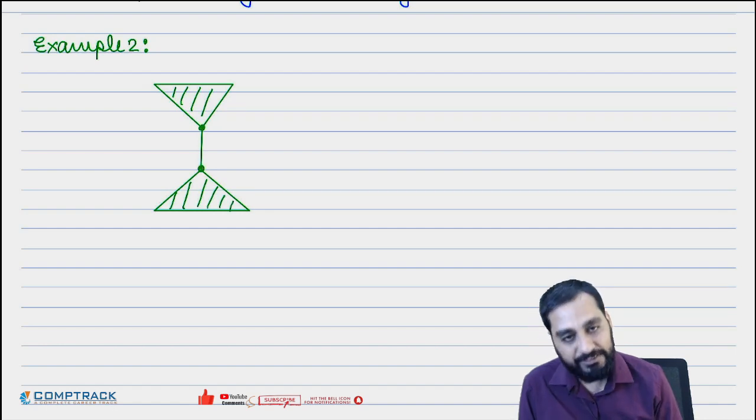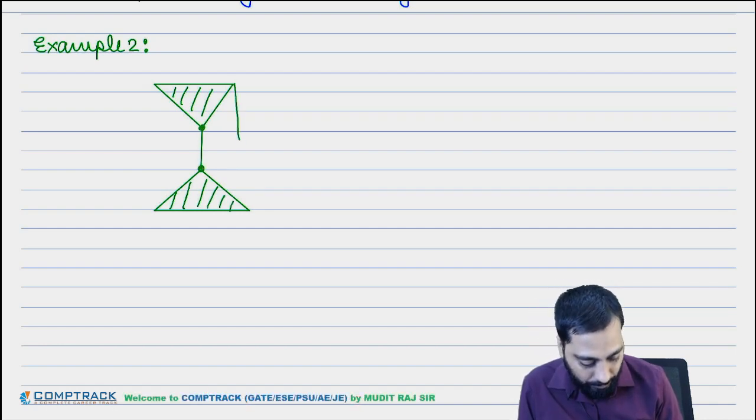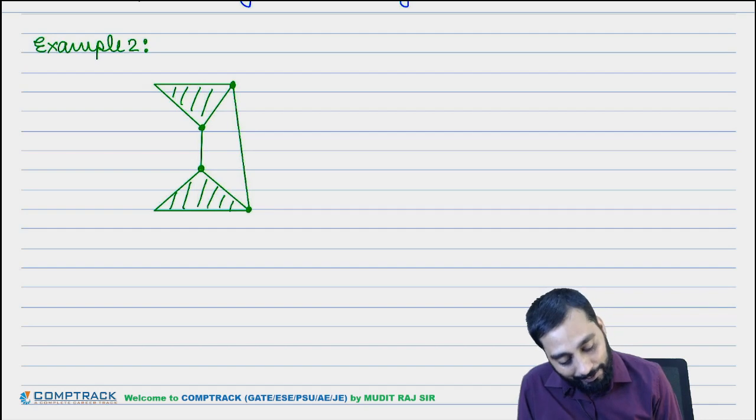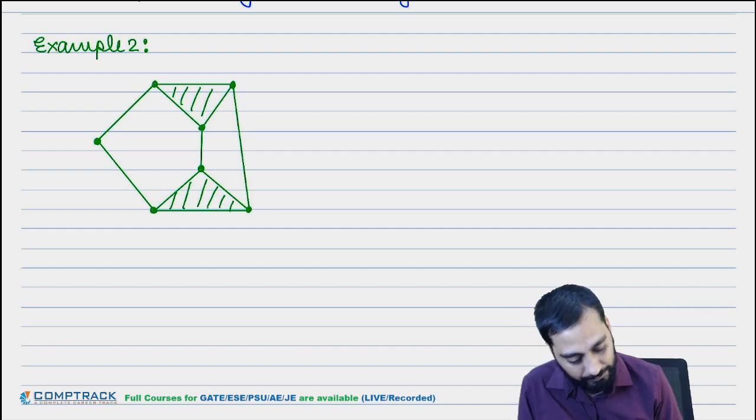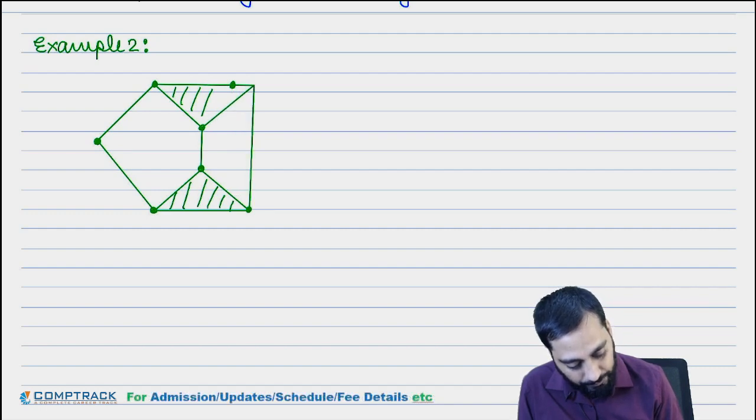Connection, connection, and one more connection. Now here it is having two links like this, like this. Okay, so you can see that